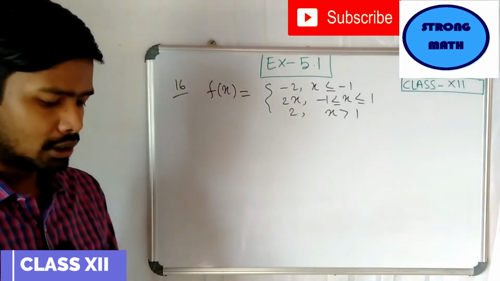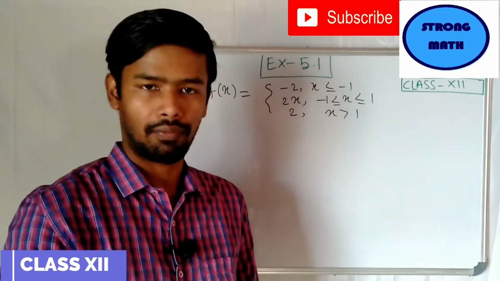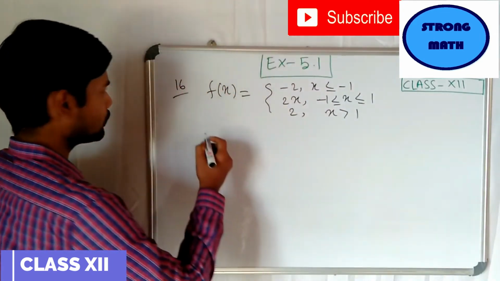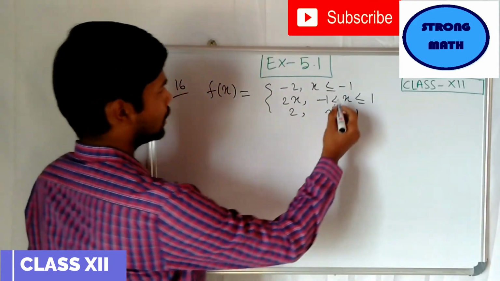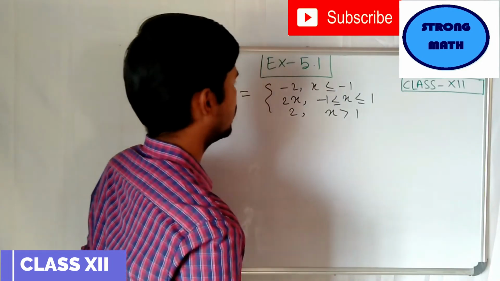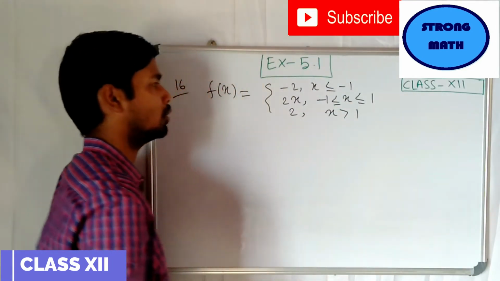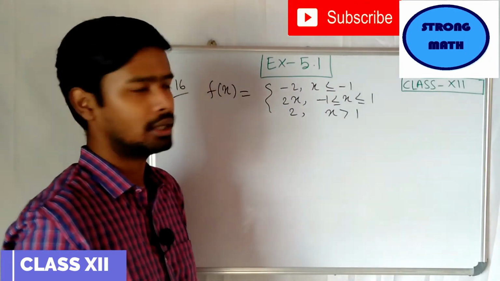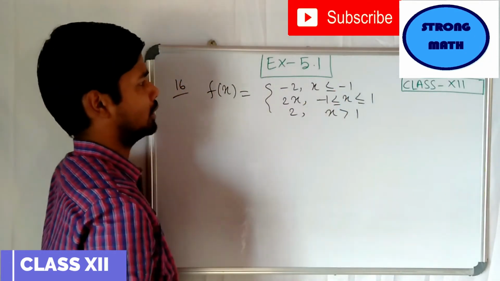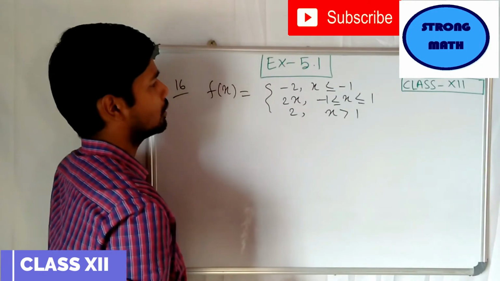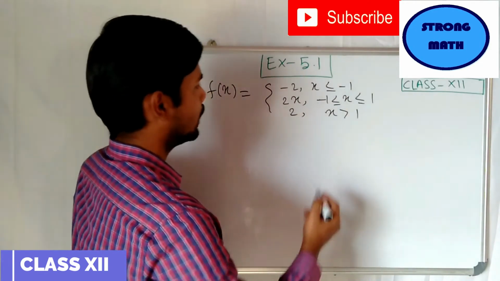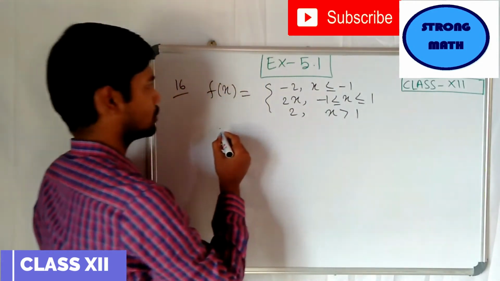We have to discuss the continuity of the function f, right? So look here, as usual you have to remember that for a broken function we have to check the continuity of this function at the points given here. Here we have to check at x equals -1